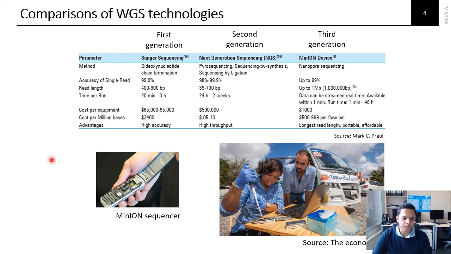This is a MinION sequencer, a third generation sequencer that you can put in your pocket. This is a simple transportable or mobile device, similar to the size of our mobiles, and you can take it to the field. As an example I'm showing here, with a small setup you can isolate the DNA in the field and identify which bacteria it is. How this is going to happen, I'm showing you now.